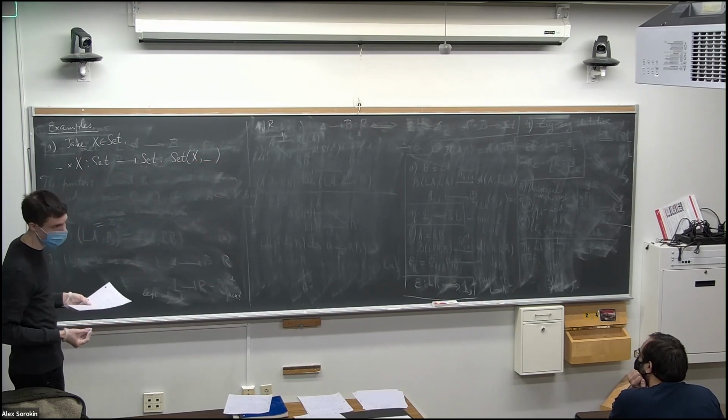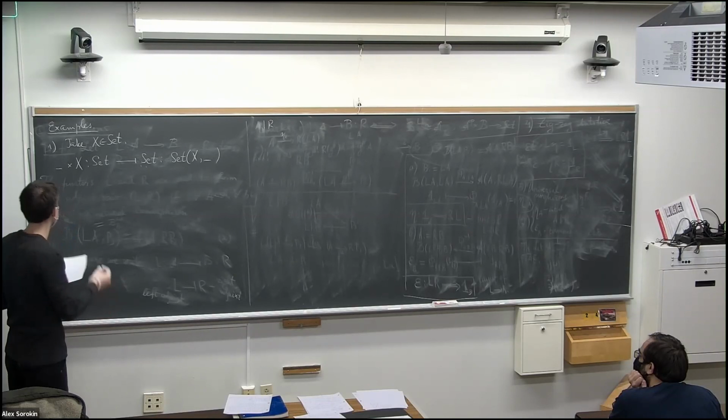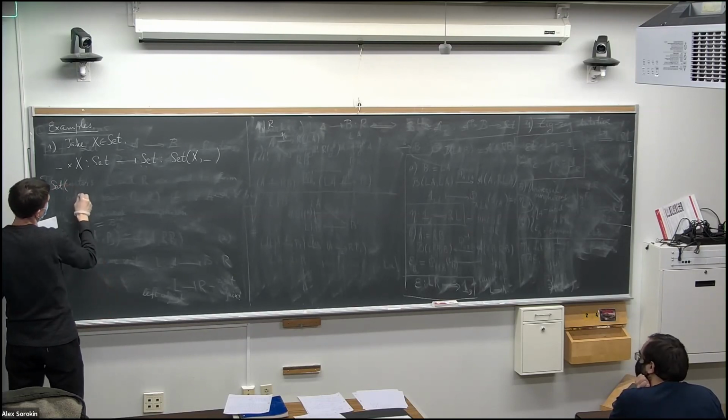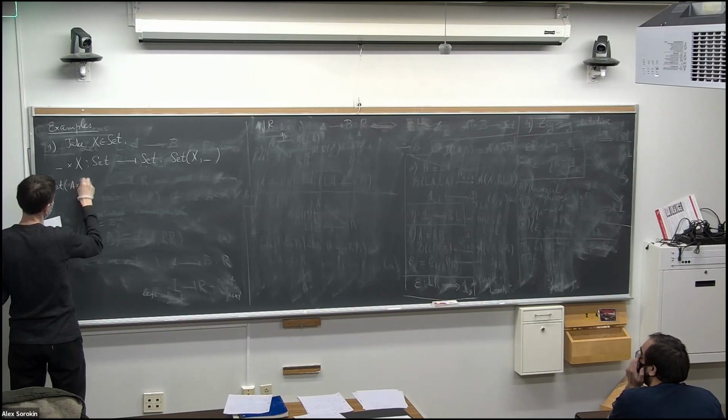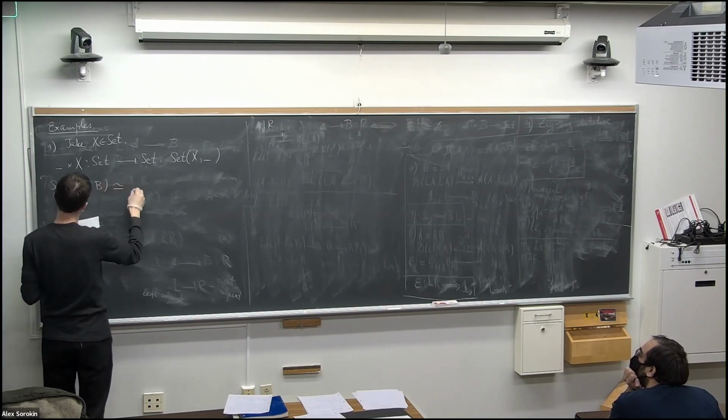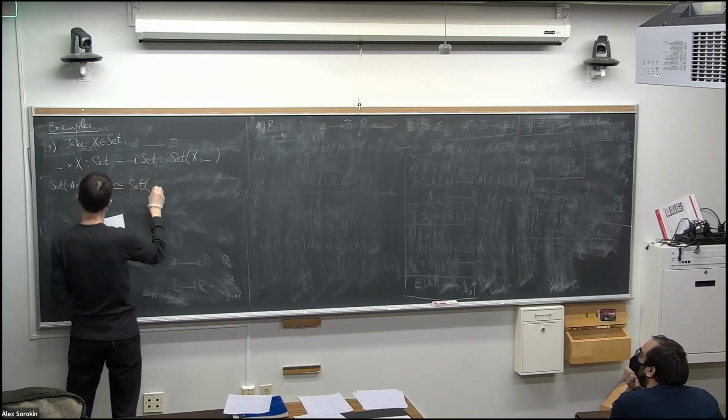This is an adjunction. Let's go component-wise. So Set from A Cartesian product X comma B as a hom-set, Set from A comma